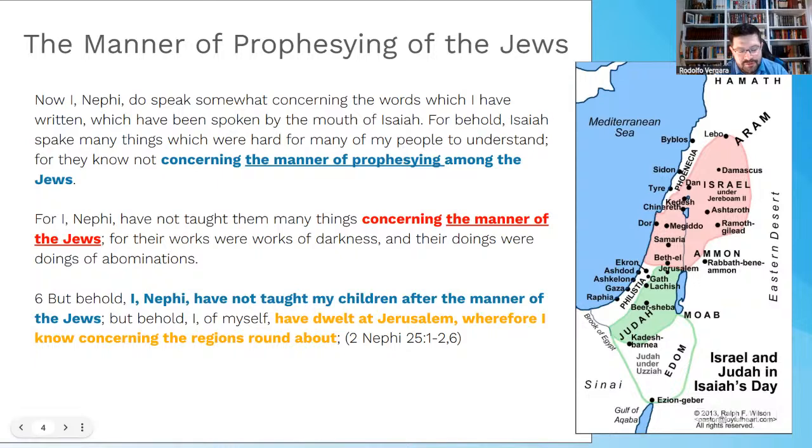So the manner of the Jews was related to the works of the Jews, particularly back then, and even today, they have what is called the oral tradition, and the oral tradition became the law. And Jesus in Matthew chapter 15 spoke against the oral tradition in a way that sometimes you lose the intent of the law, or you miss the mark, as Jacob mentioned.